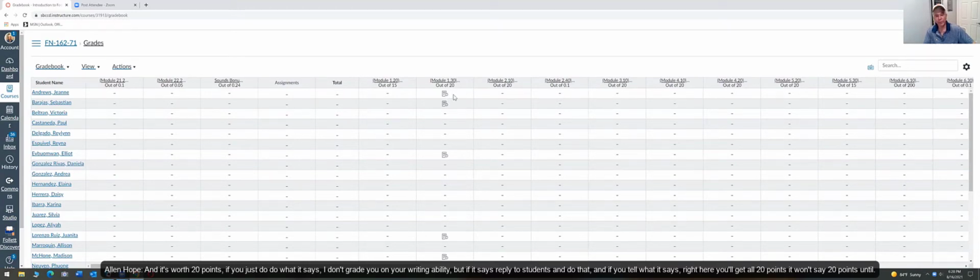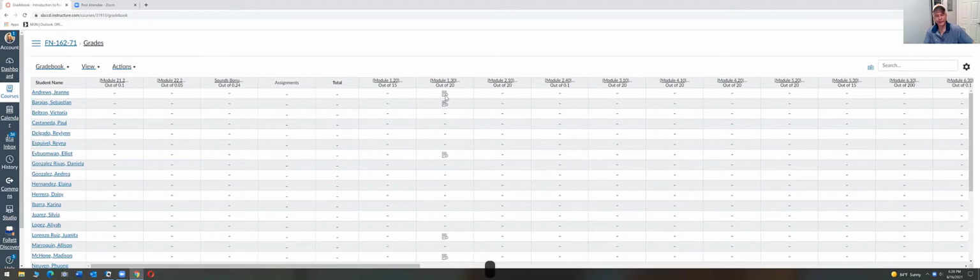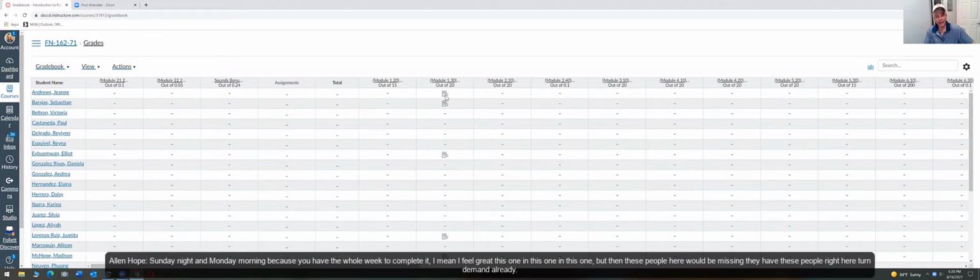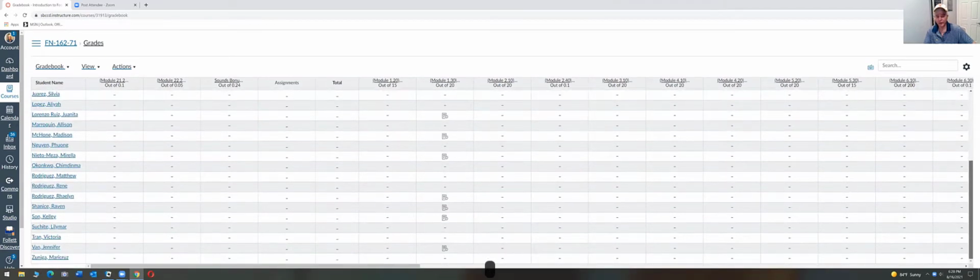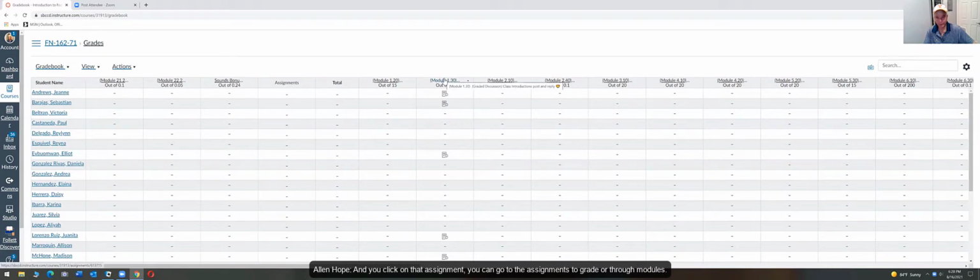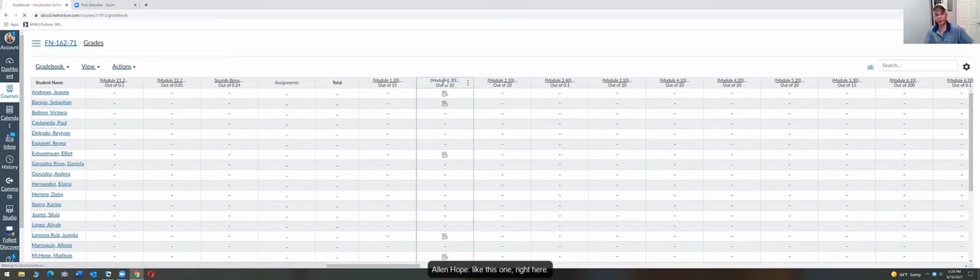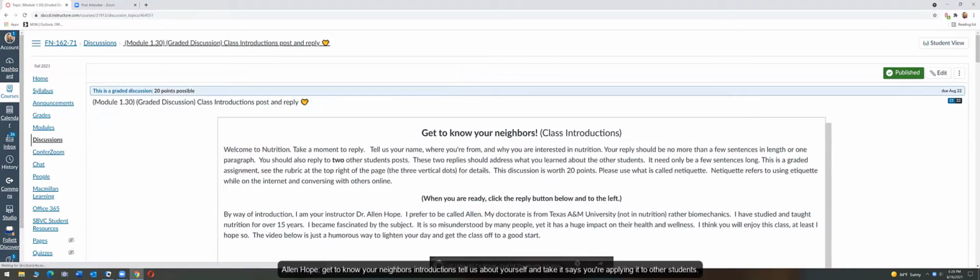It won't say 20 points until Sunday night, Monday morning, because you have the whole week to complete it. I mean, I could grade this one and this one and this one, but then these people here would be missing. These people right here have turned them in already, which is good. And then you click on that assignment. You can go to the assignments through grades or through modules. Like this one right here, get to know your neighbors,